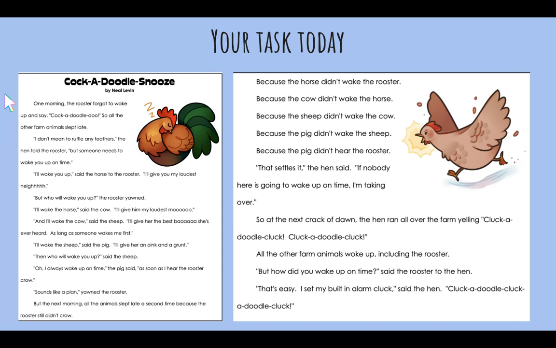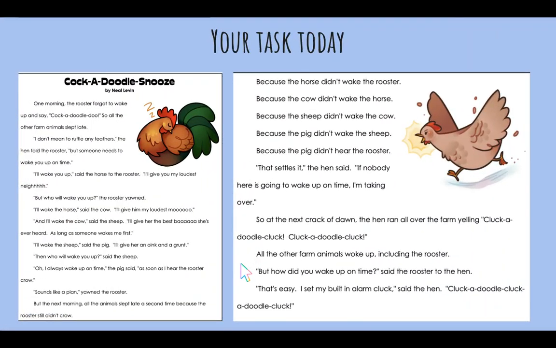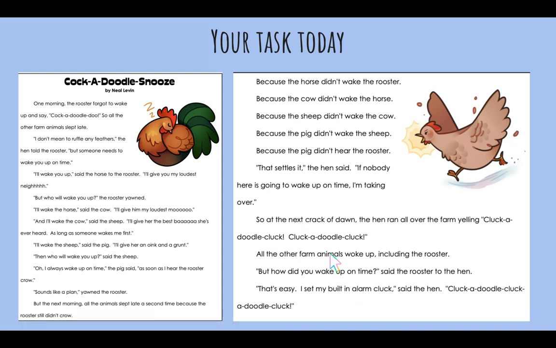But the hen responded, okay? He responded in a certain way. So the hen says that, you know, okay, since nobody else is going to get up, then I am going to have to step in, take over, and wake everybody up. And what did he do? He did just that, and everybody was able to wake up. Okay, so that is how our friend Hen responded to nobody waking up twice.